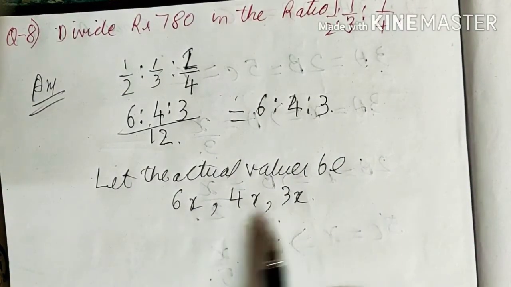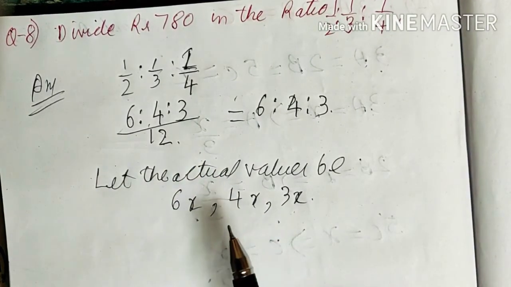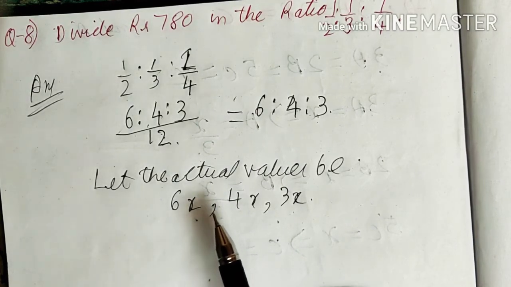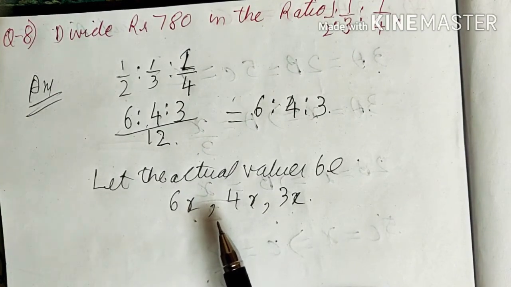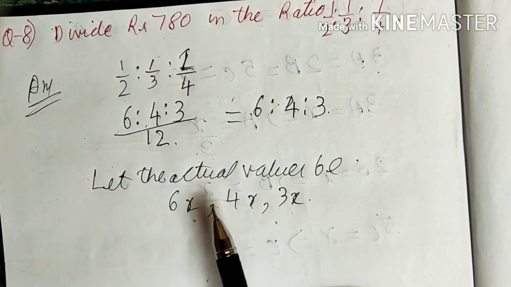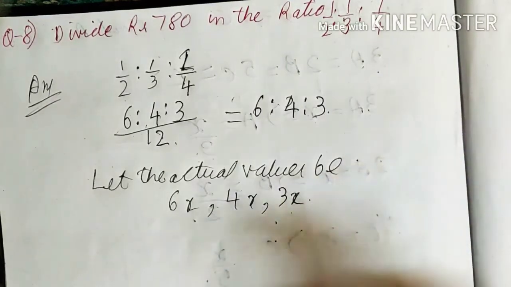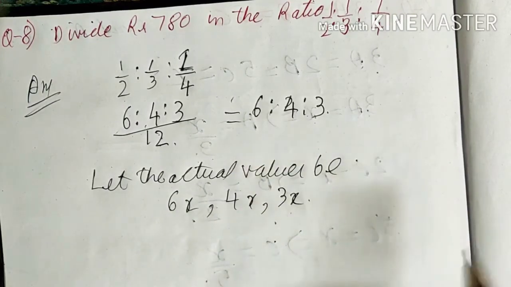I said these are the actual values. If you have divided 100 into, say, 3 parts, 50, 30 and 20, and we add 50 plus 20 plus 30, we will again get back 100. These were the actual values. The total amount that we have divided, if we add the small parts that we have divided it into, adding all those small parts back again,